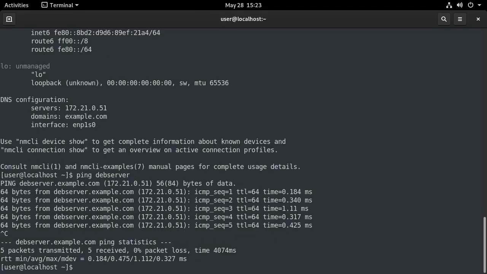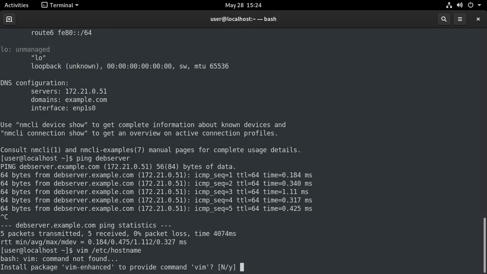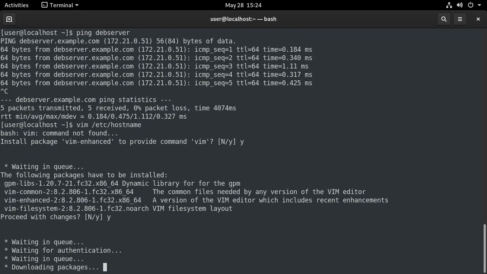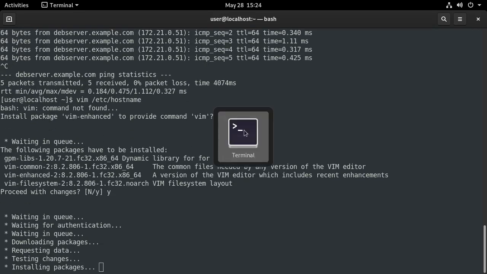Okay, this computer is known as localhost. I don't think we need to add him, but we probably should. So let's do that also. Let's do a vim /etc/hostname. Oh, I don't have vim on here. Well, we'll add it. And while that's installing,